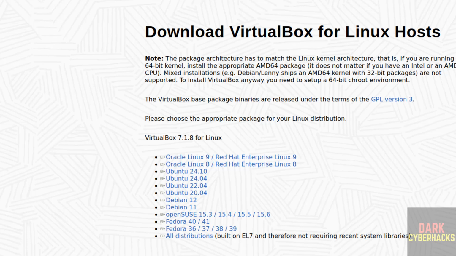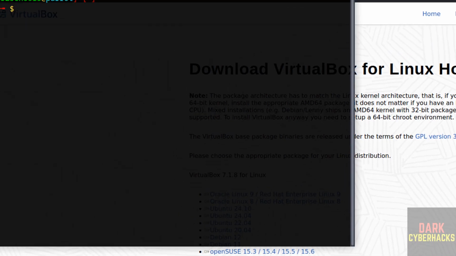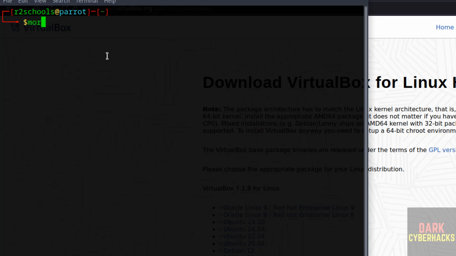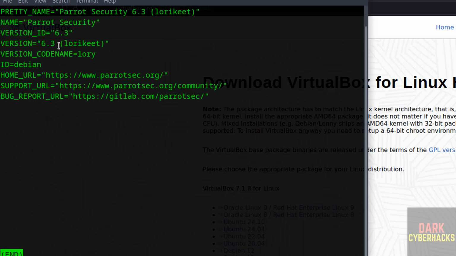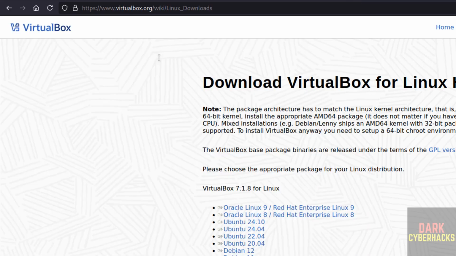Okay, open terminal, more /etc/os-release. See, its ID is like Debian. Okay, so click Ctrl A, so we can install latest version of the Debian package. So click on Debian 12,